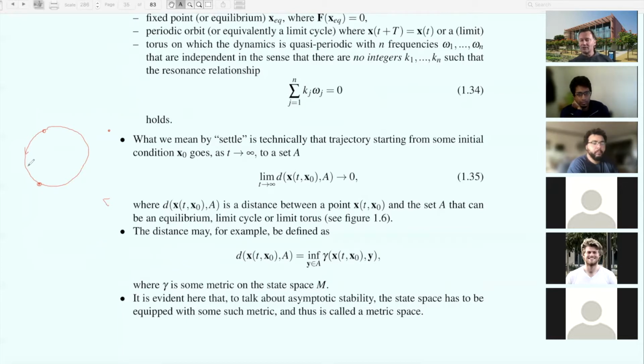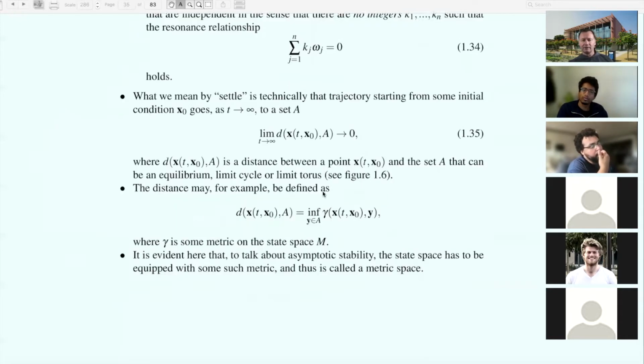I'm pointing this out so that you realize that it's not always completely trivial to say, oh, there is a metric on the space. And in a simple case, that's really of some importance in mechanics, of just an object that is a circle, you have to work just a little bit. I mean, I'm not saying it's not obvious. I'm just saying it is not entirely trivial like the Euclidean distance. All right. So once we have a metric, we can measure the distance between trajectory and the set. And now